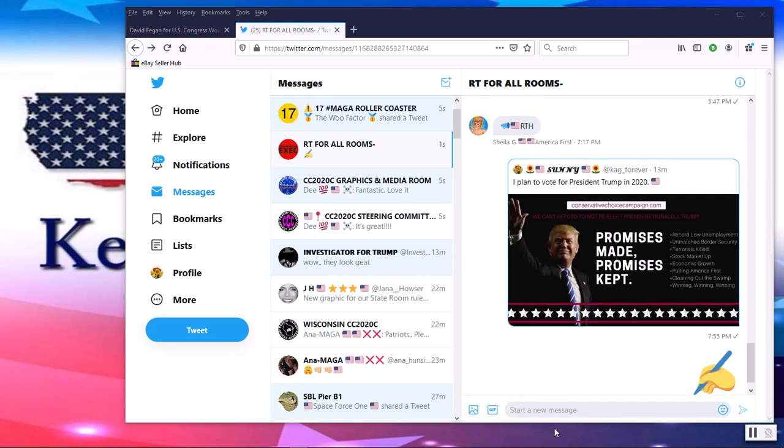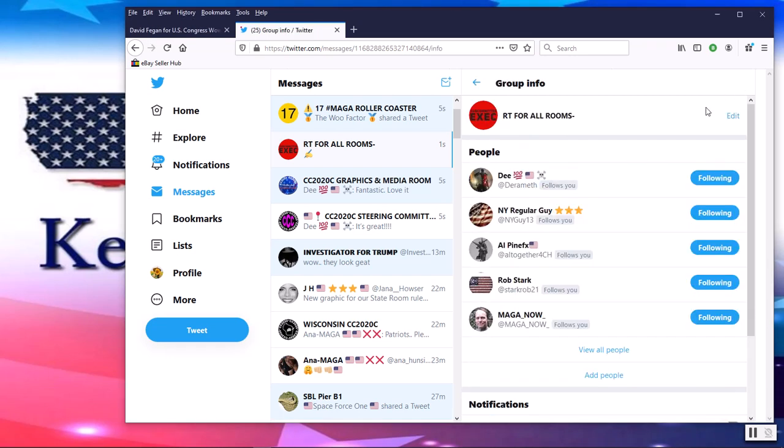One of the important rules of any room is to follow all the members in a room. To do that, you will click on this small eye in the upper right corner of the screen in the circle. Click on that, and now